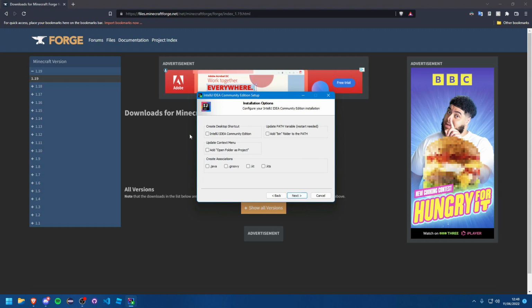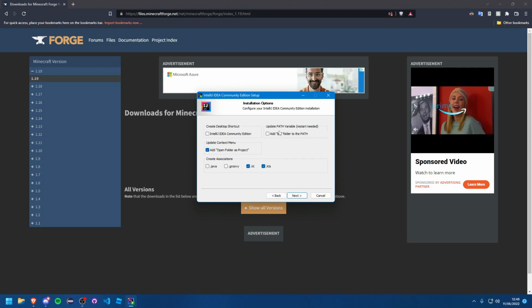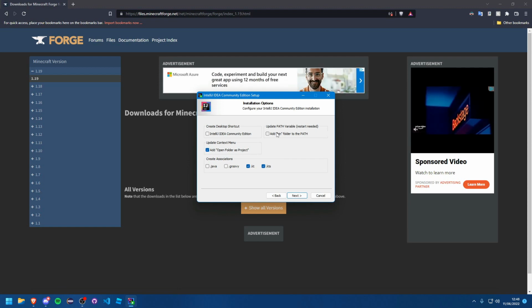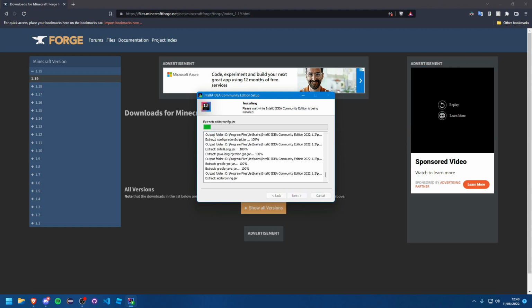Okay, and then you can obviously choose the things you want here. I'm going to add this one. I'm going to add... No, I don't want those ones. I'll have these two. And probably should do this one, but it requires a restart, so I'm not going to do that one. Okay, we'll just hit next, we'll hit install, and IntelliJ will install. Now that shouldn't take too long,